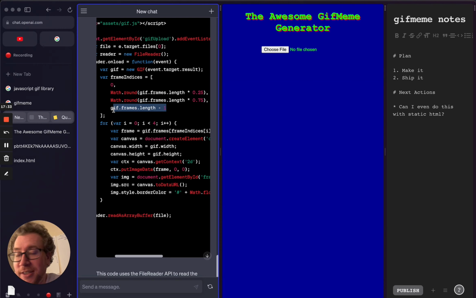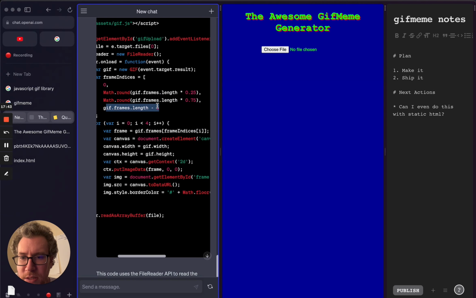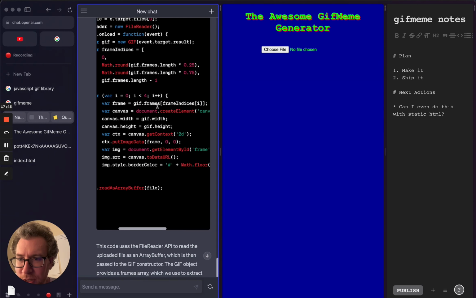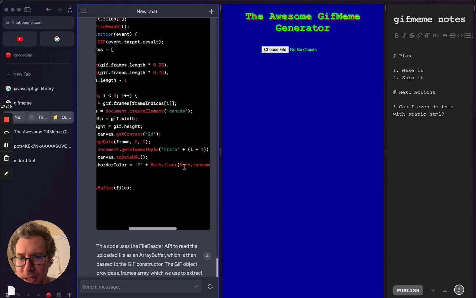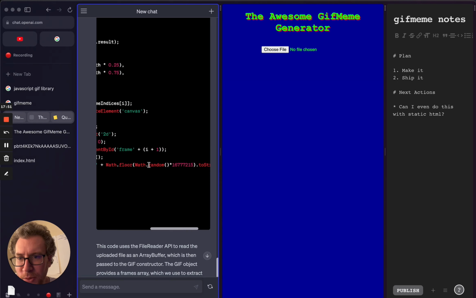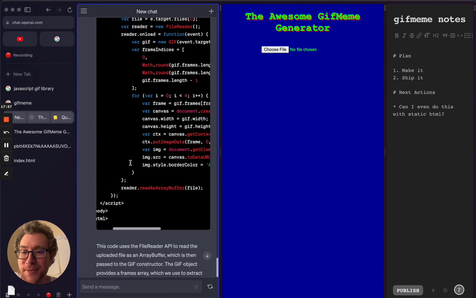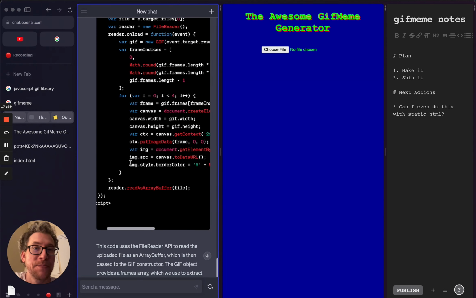So that would be an example of something that I don't know why it's there, but if it didn't work, I would probably try something different. But it's probably going to work. So yeah, we also have our random border color here, because you can see Math.floor. Whenever you see Math.floor, Math.random, it's going to be a random something here. So hopefully that makes some nice bright colors for us. Let's move it over and see what happens.